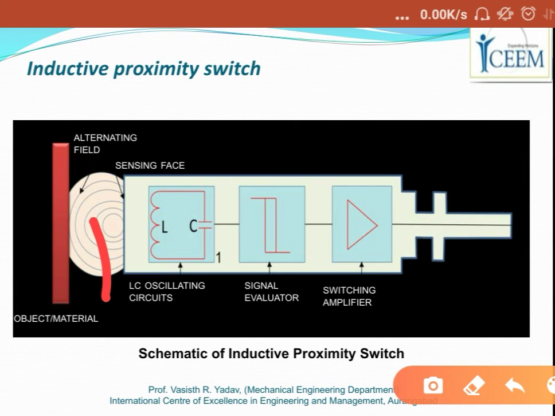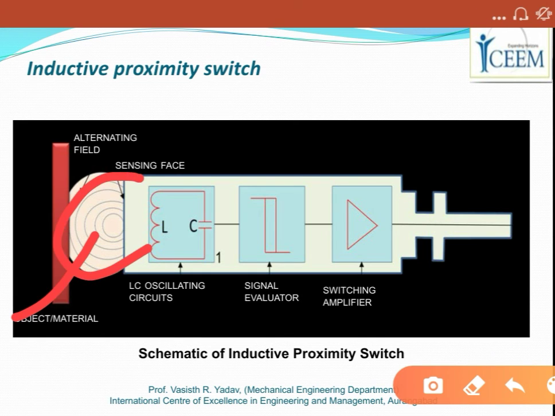When we supply an electric current to the coil, this current will produce a magnetic field, and when some metallic object comes in the vicinity of this magnetic field, say we have an object, this red color shown is nothing but an object, then again some magnetic field will be induced in the object, and this will induce some changes in the alternating current, right?